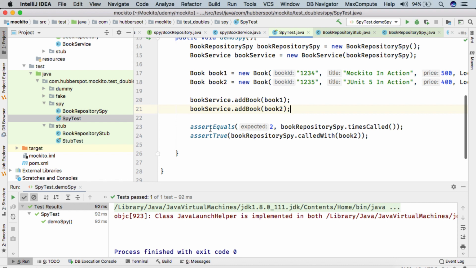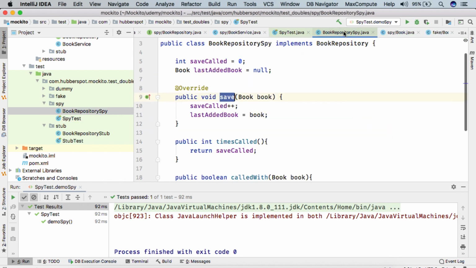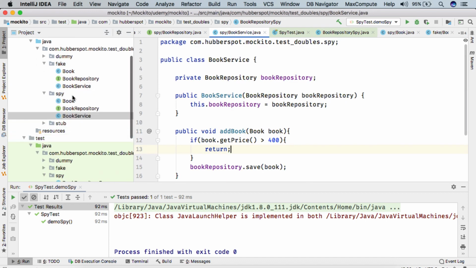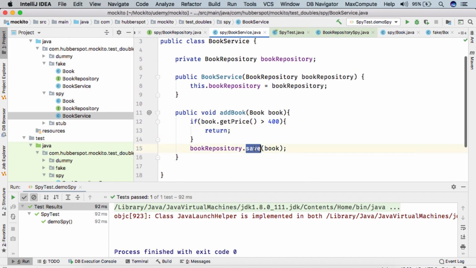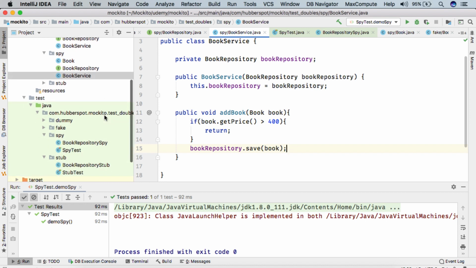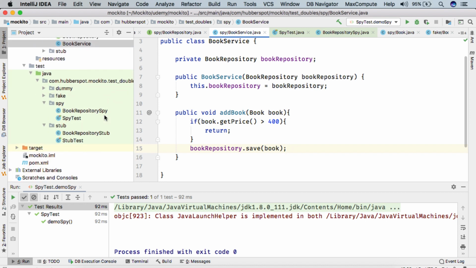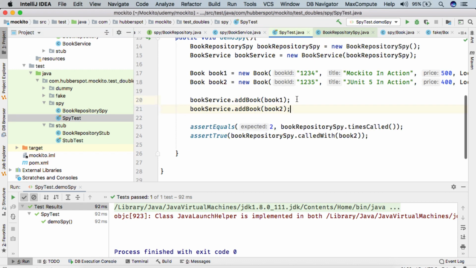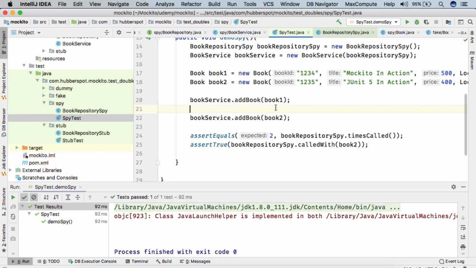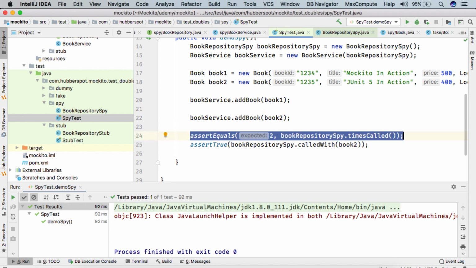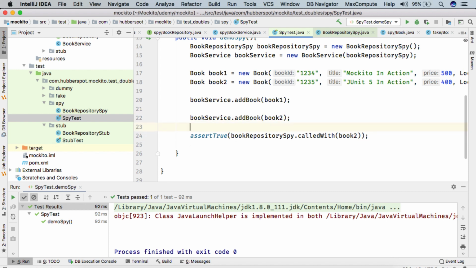So friends, when we do the asserts, there is no way we can come to know whether this save was called for any particular book or not. So yes, spy helps us in verifying whether this save was actually called or not. So here, when we add book 1, we know that the save shouldn't be called.